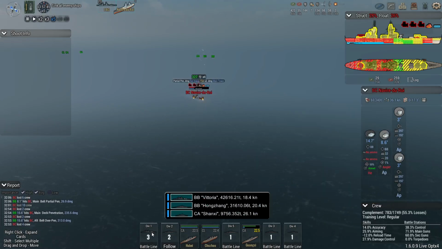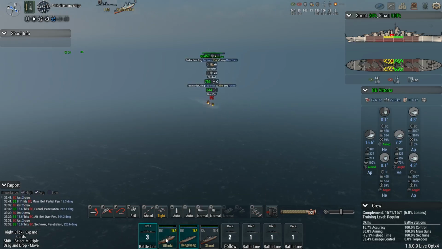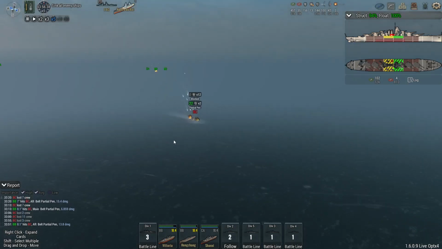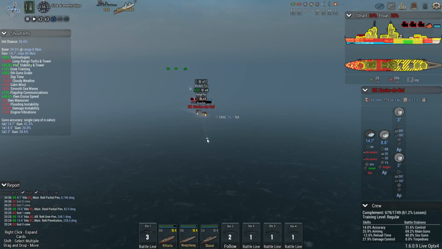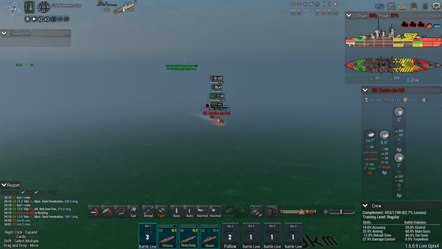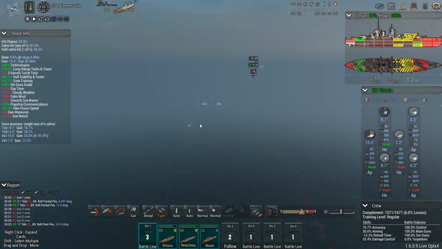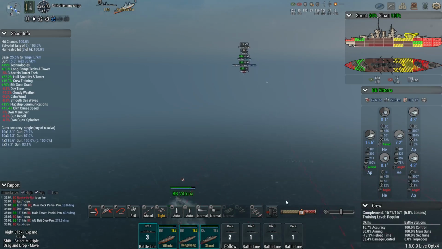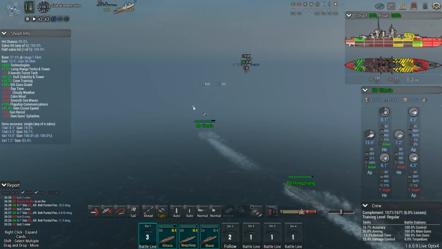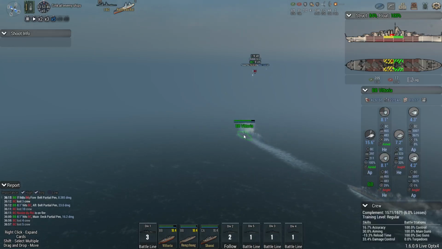I think most of the damage was from the 15.6s on Vittoria, 12,000. They're about equal, actually. Never mind. Yeah, you can't get away. Even if I'm now limited to 18. Hong Zhang might be able to get a couple more knots out of her if we detach her from Vittoria,